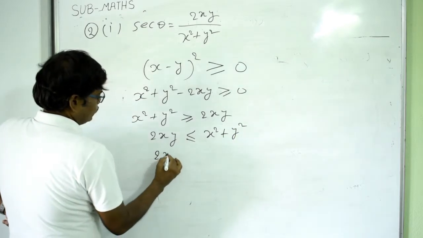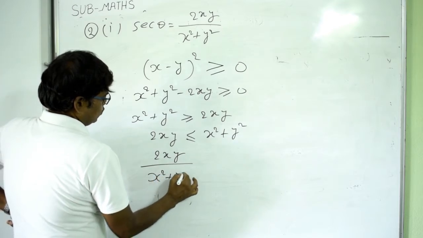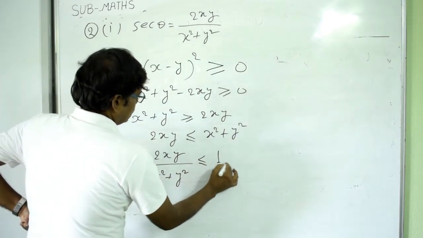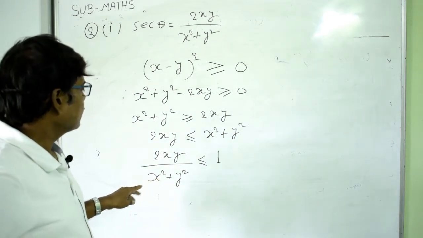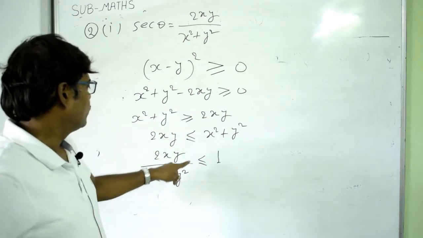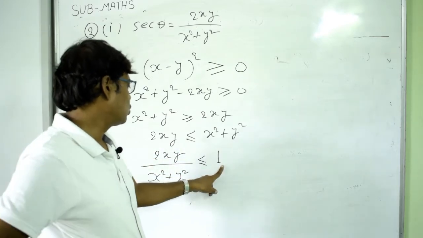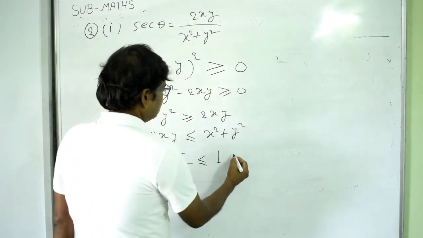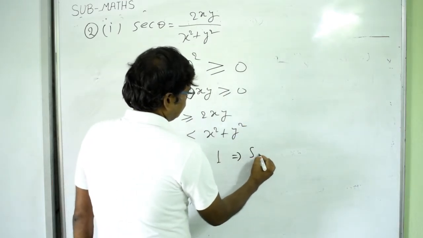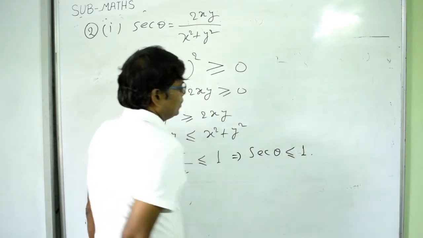Then you have 2xy by x square plus y square is less than or equal to 1. So the value of this expression is equal to 1 or less than 1. This implies that sec theta is less than or equal to 1,